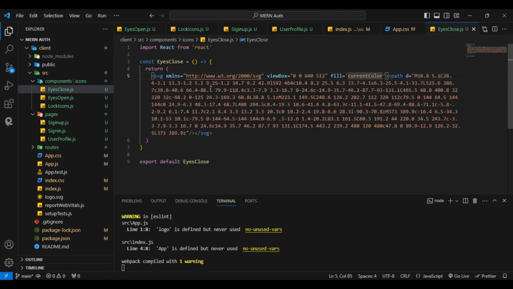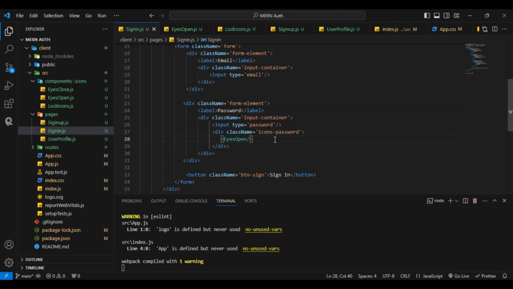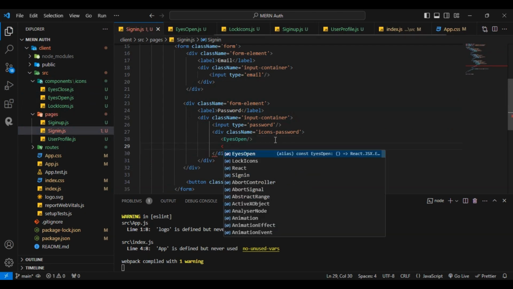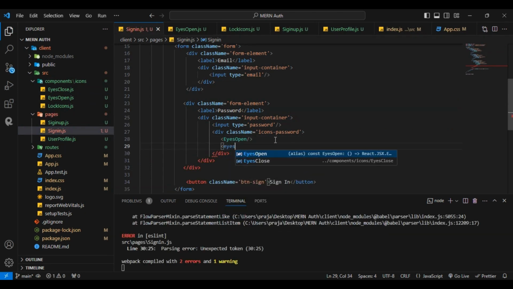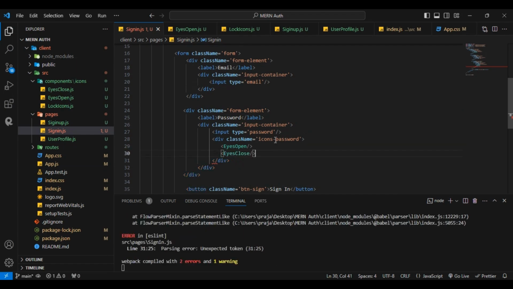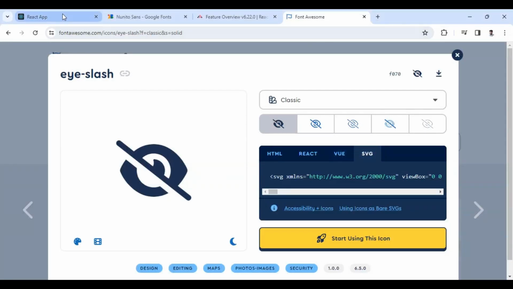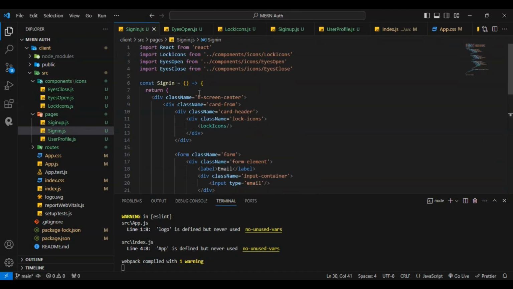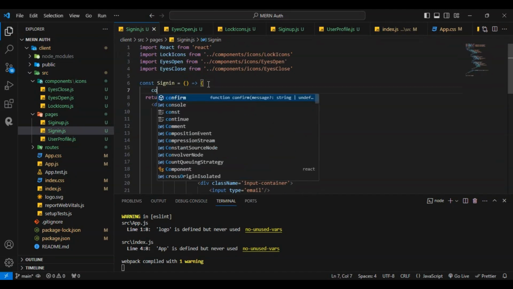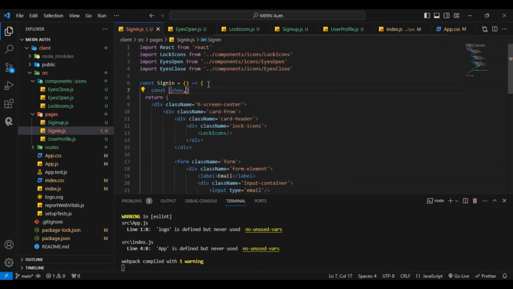Fill takes its parent color by default, that's why this is coming. And after that, here I will give the eyes close icon. Now let's see how this will be. Now see, like that. Now here I will create const show password